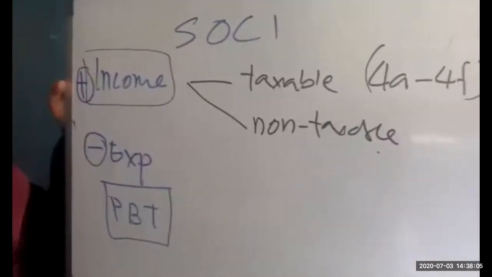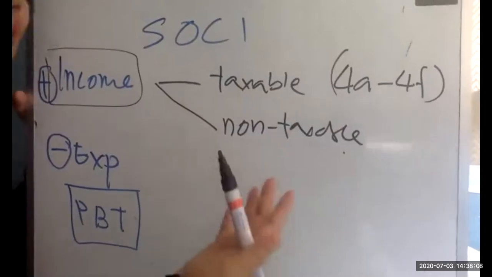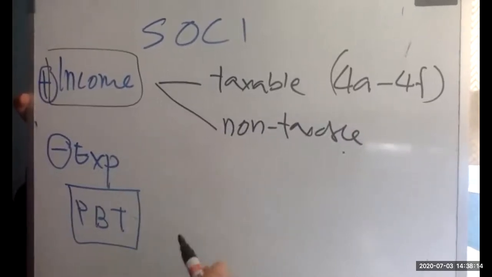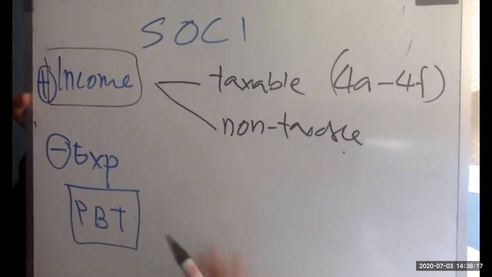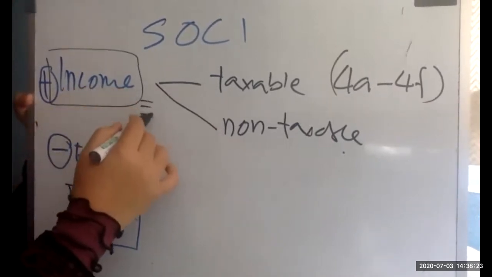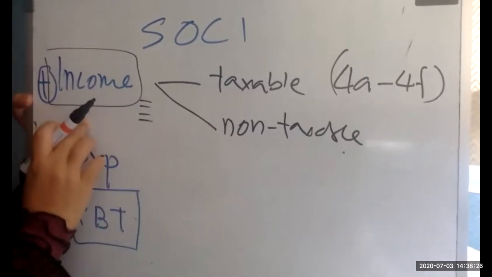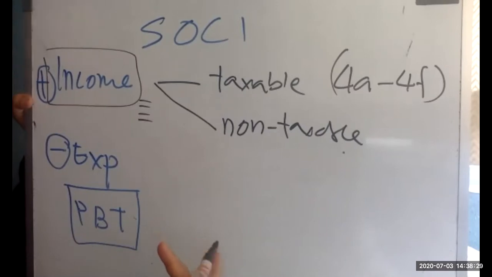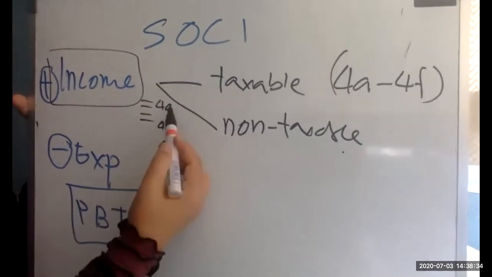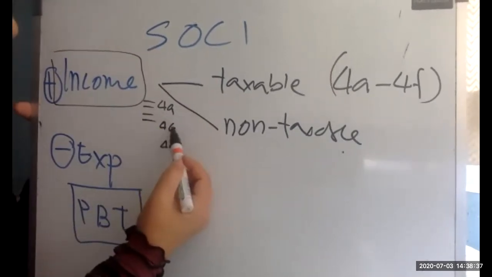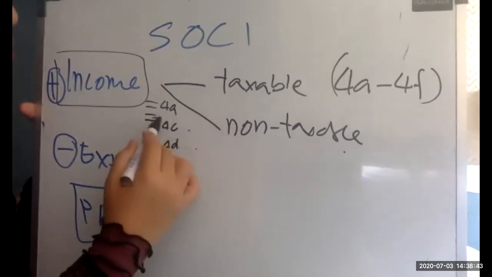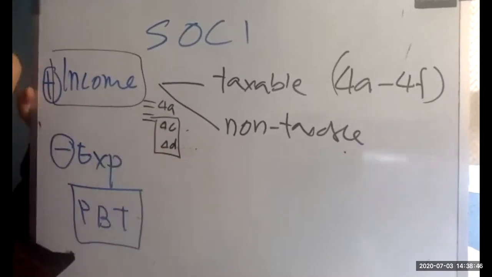So when you have this taxable and non-taxable income, you have to understand the formula: you must come with section 4A first. Adjusted income from your section 4A, and then statutory income from section 4A, which is your business income. So whenever you have many types of income in your SOKI, then you have to do adjustment. If you have section 4A, section 4C, section 4D, you can have your business income, sales for example. You can have your dividend income, interest income, or even your rental income here. You only want to have your section 4A in your adjusted income.